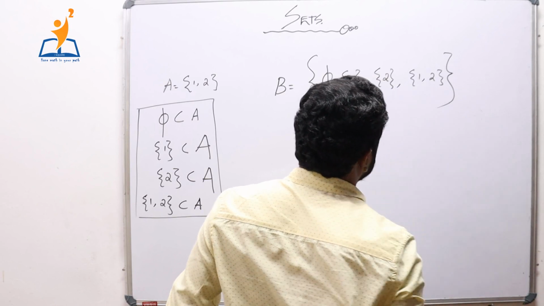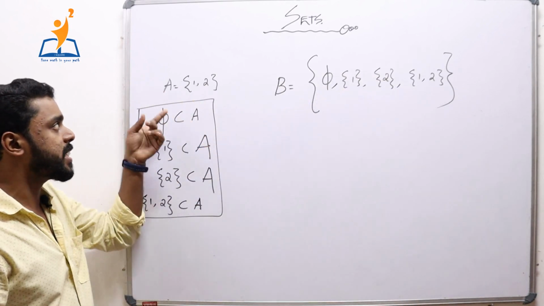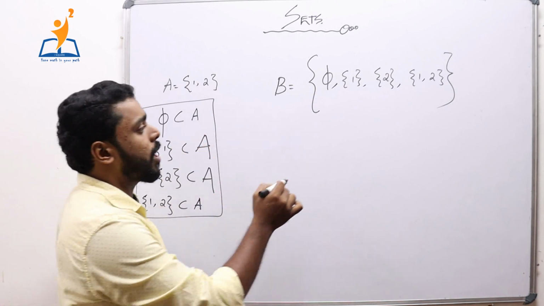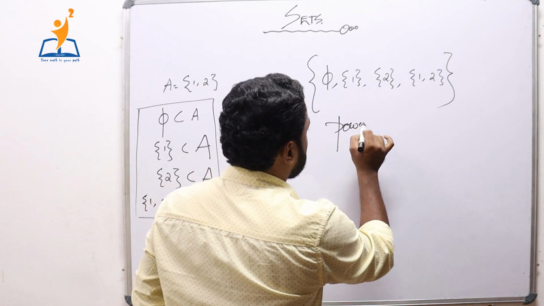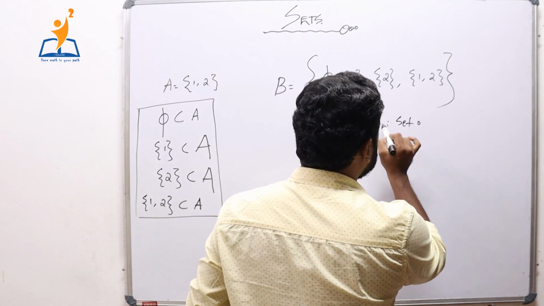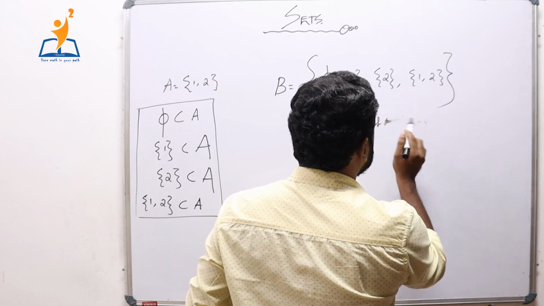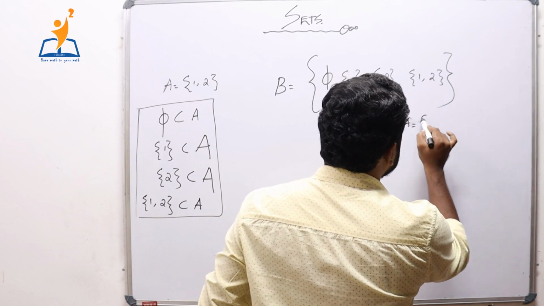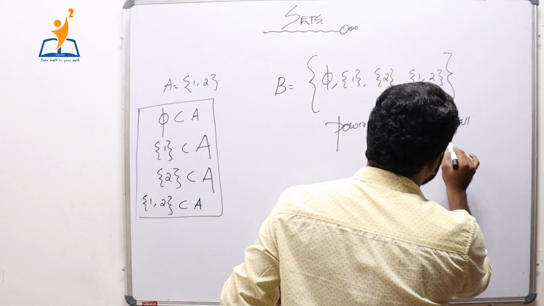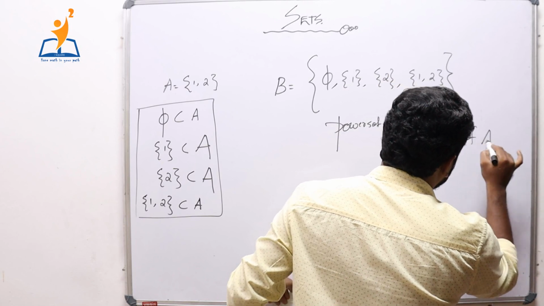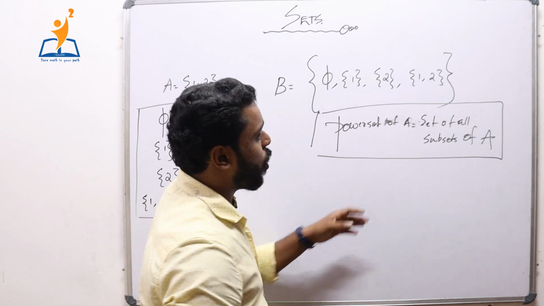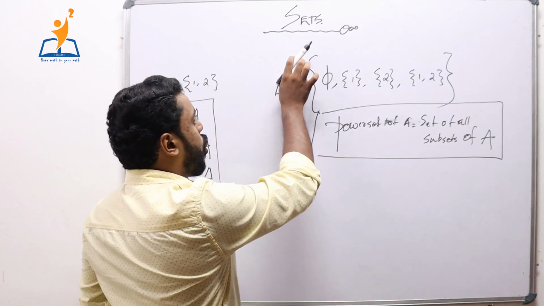So B is the set which contains all the subsets of the set A, right? And such sets are called power sets. So power set of a set A, let me name this, is the set of all subsets of A. So power set means the set of all subsets of a set A, and we denote that